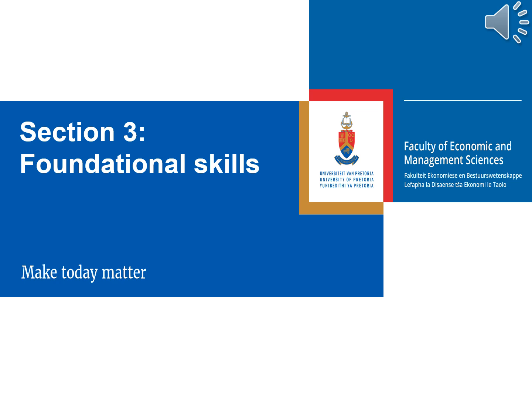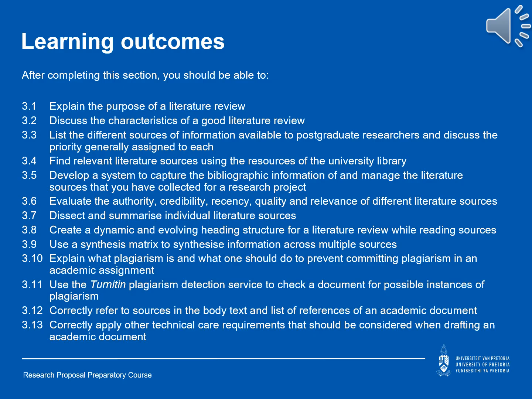In this lecture, we discuss some of the general skills a postgraduate student should acquire or possess, including information on how to write a literature review. After completing this section, you should be able to explain the purpose of a literature review, discuss the characteristics of a good literature review, list the different sources of information available to postgraduate researchers, and discuss the priority generally assigned